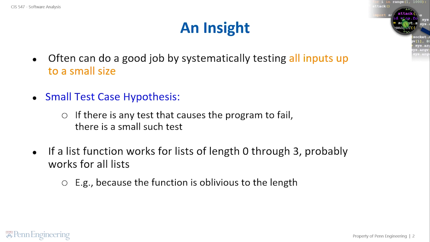The intuition behind this is that such a function is typically written in a manner that is oblivious to the length of the list. For instance, it is unlikely for a programmer to write such a function with a giant switch statement for lists of length 1, 2, 3, 4, etc. Recall that we made a similar assumption with respect to bug depth in testing multi-threaded programs using fuzzing. If there is a concurrency bug in a program, there is usually one with small depth of size 1 or 2. Again, this led us to focus our testing on a smaller search space while maintaining good concurrency bug coverage.